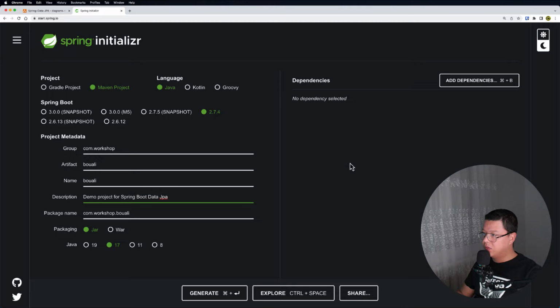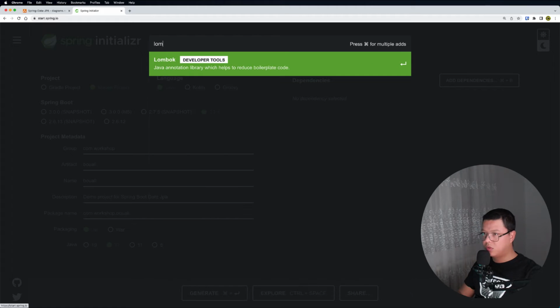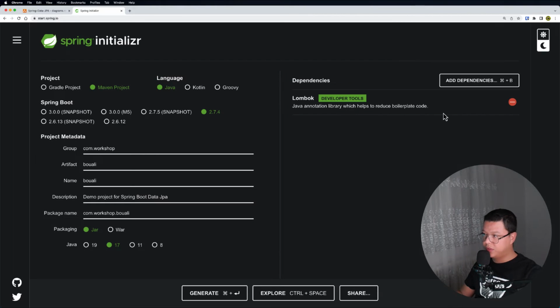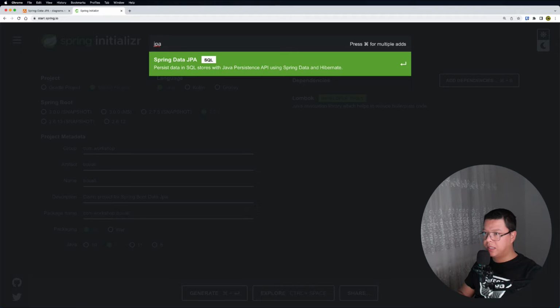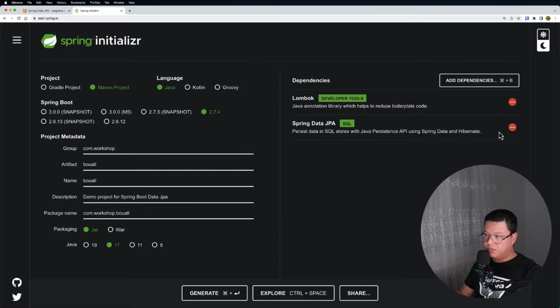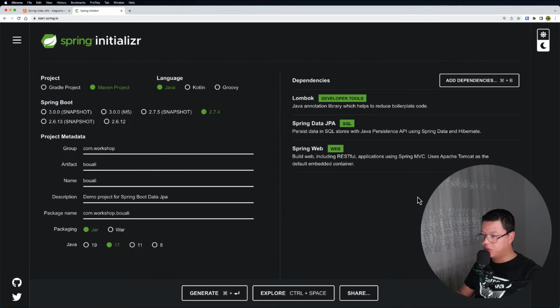Now let's go ahead and add the dependencies. I will need Lombok first, and then I will use Spring Data JPA. And let me add Spring Web. Maybe we need it, but I don't think so, but let's just do it.